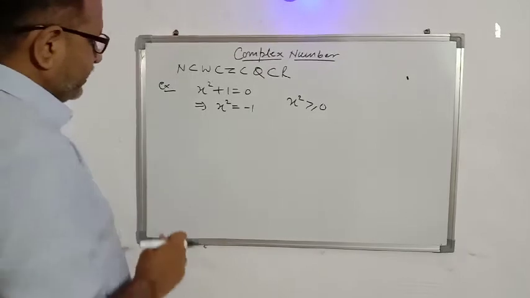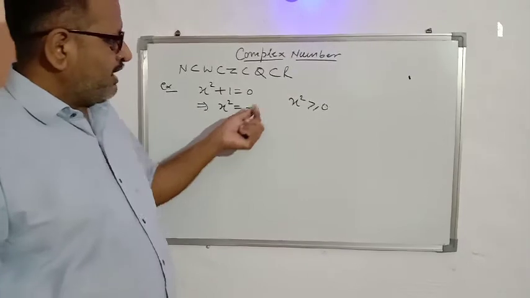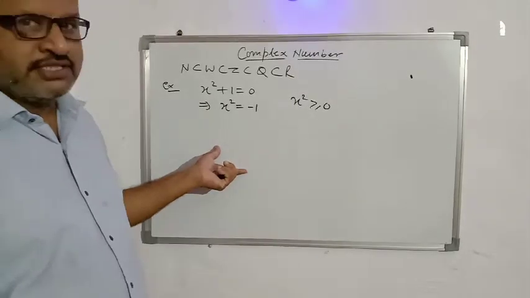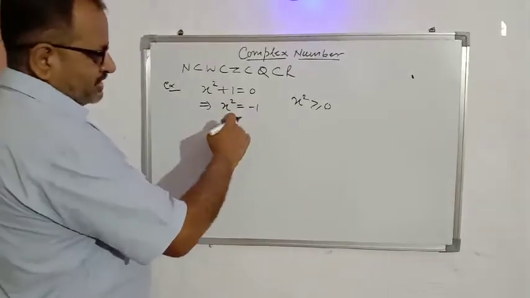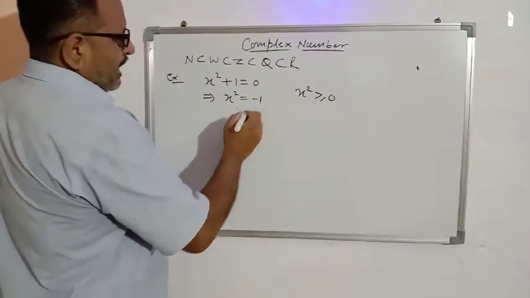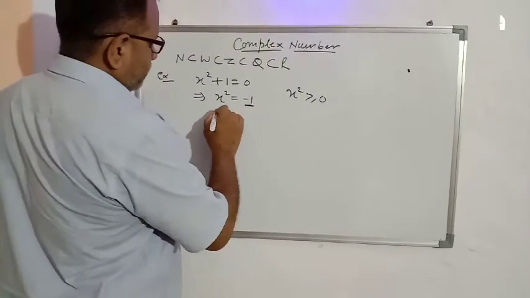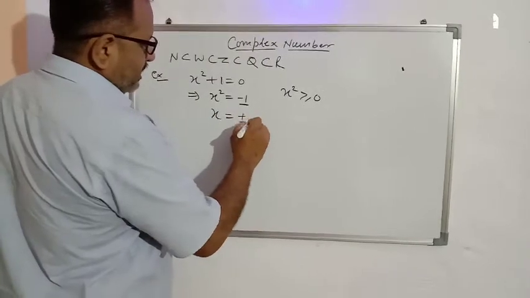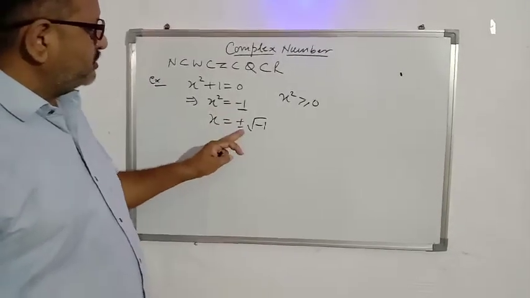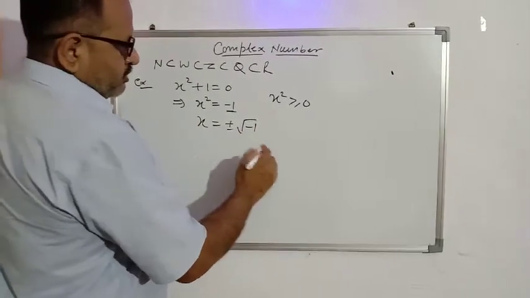It cannot be negative. So here we extend our real number system to a larger number system which is called the complex number system, and this minus 1 is represented by a symbol. We can find x equal to plus minus under root minus 1. But we cannot take the real root of minus 1. So root minus 1